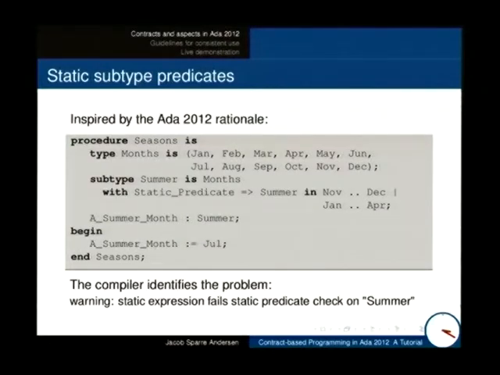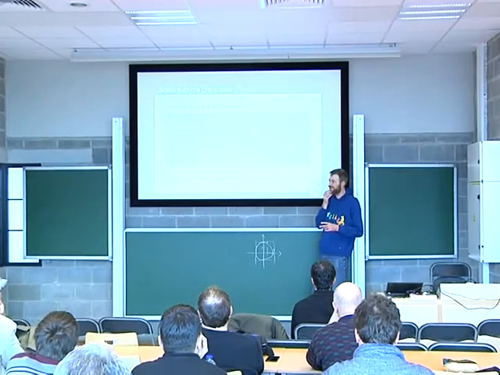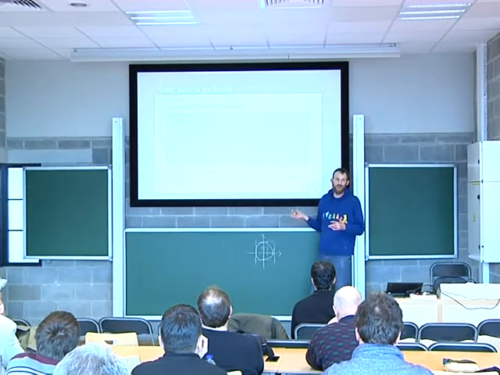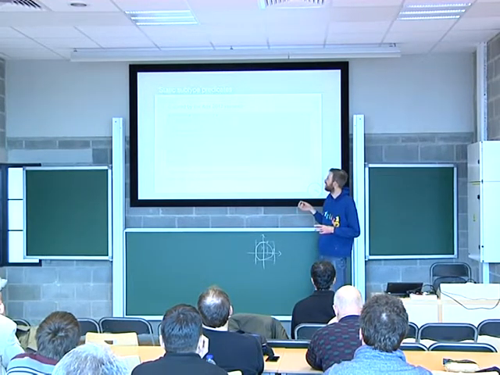And then, I said before, it was dynamic subtype predicates. Static subtype predicates are more limited in which expressions you're allowed to use. You can do anything where your subtype is in a statically defined set or part of an otherwise static expression. There are some operations you can do at least. It's not all. But this is one of the cases. Look it up in the reference manual when you get to it.